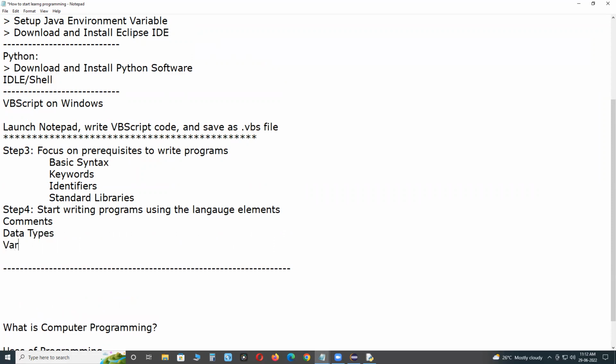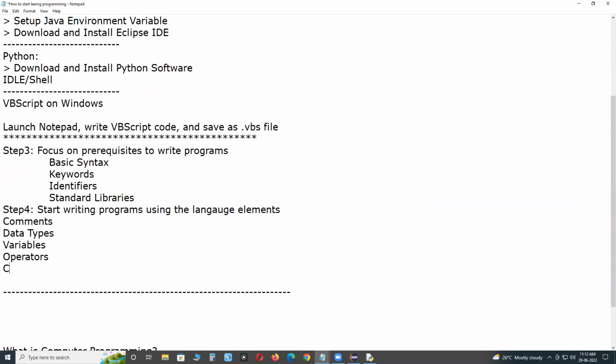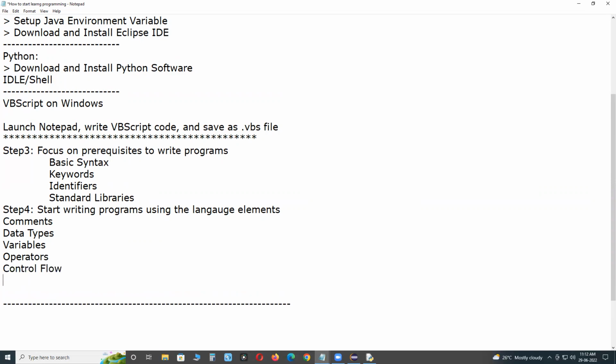Next, variables, operators, control flow, decision making, loop, branching, etc. Say these concepts, programming language elements, are common in every programming language. Syntax may vary from one language to another.